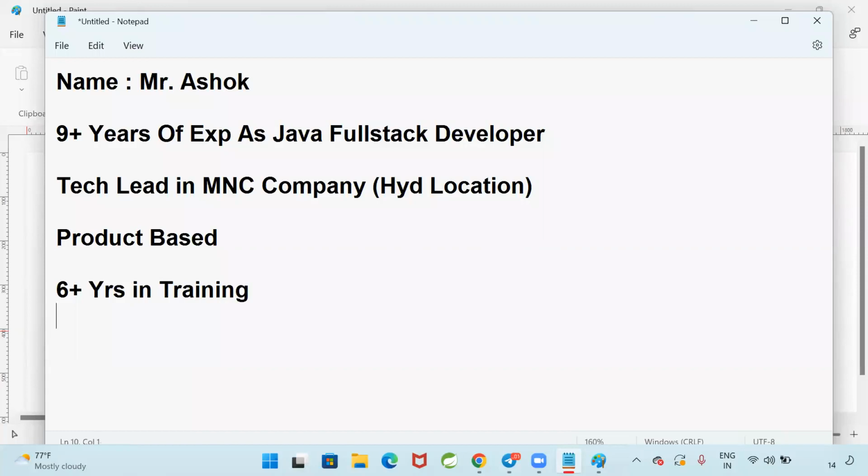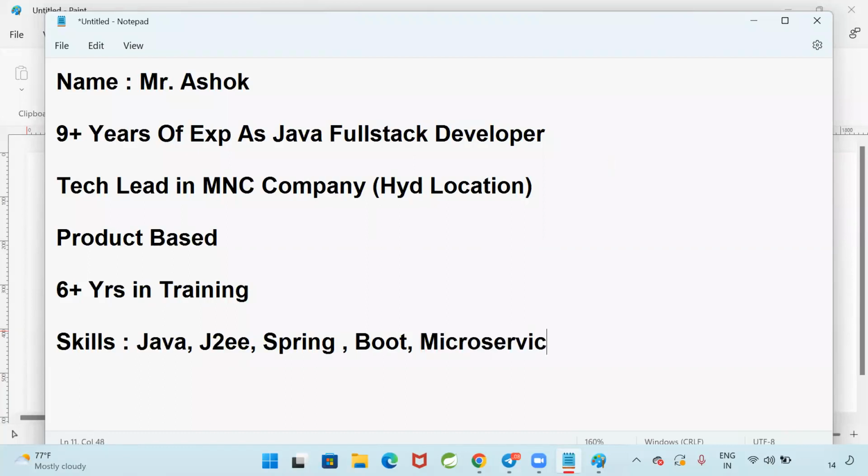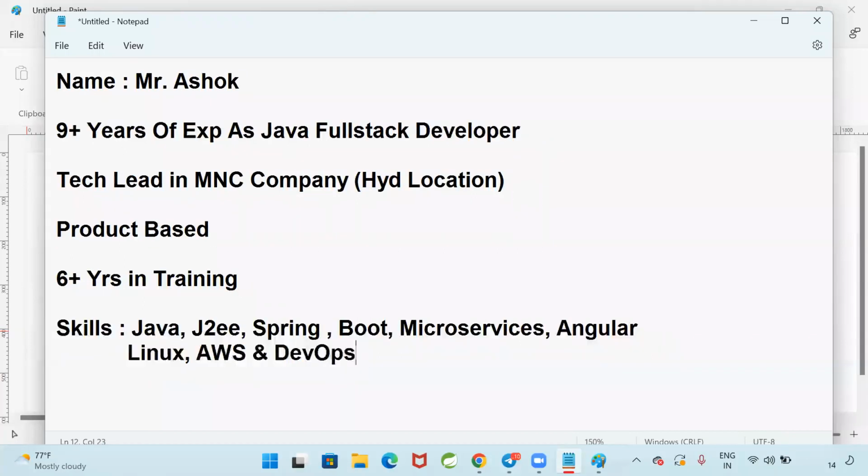Coming to my skill set: Java, J2EE, Spring Boot, microservices, Angular, Linux, AWS, and DevOps. Currently these are the skills that I have, and you people also should learn all these things because that is what industry is expecting from full stack developers.